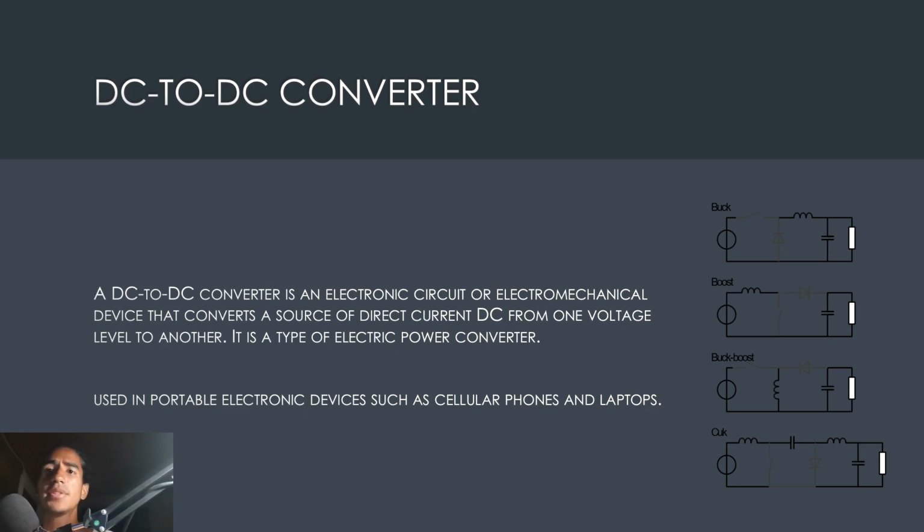There are several types. Right here you can see the most used ones. There's the buck converter, which basically takes an input and lowers it, so you're always going to have on your load a DC level that's lower than the input. The boost converter basically does the contrary: it takes your input DC level and multiplies it by some factor, or as the name suggests, it boosts